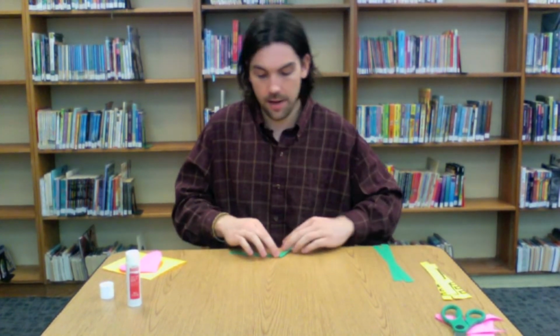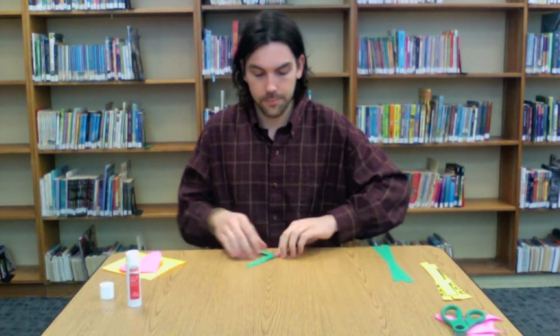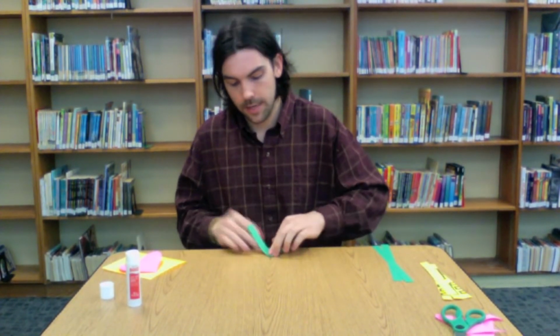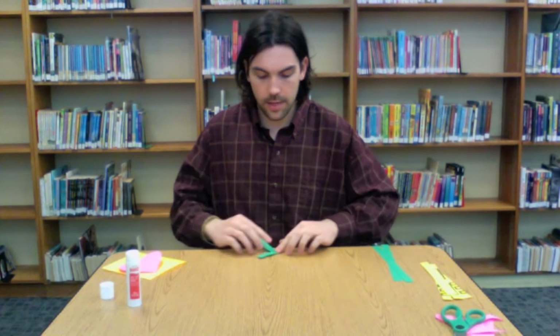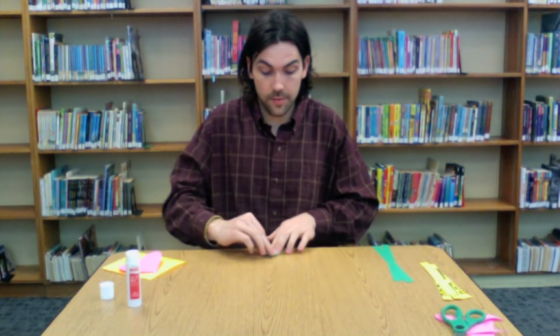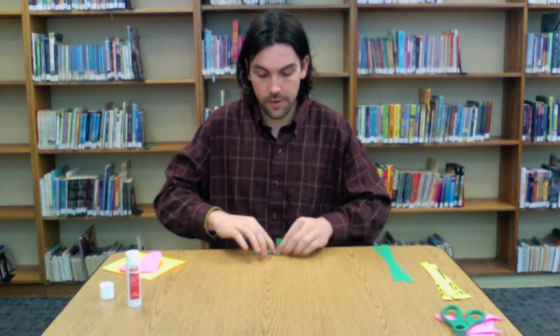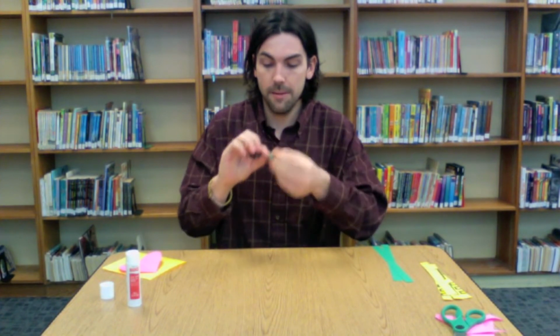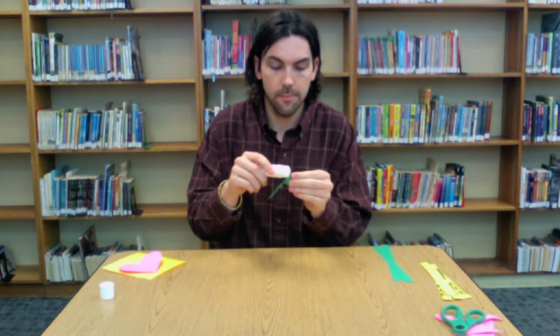So down, down, up, up, down, down, and just keep going and keep going and keep going until, as you can see, we're running out of some paper here. So to finish it off, once we have a little itty bit of paper here, we're going to put some glue on there,